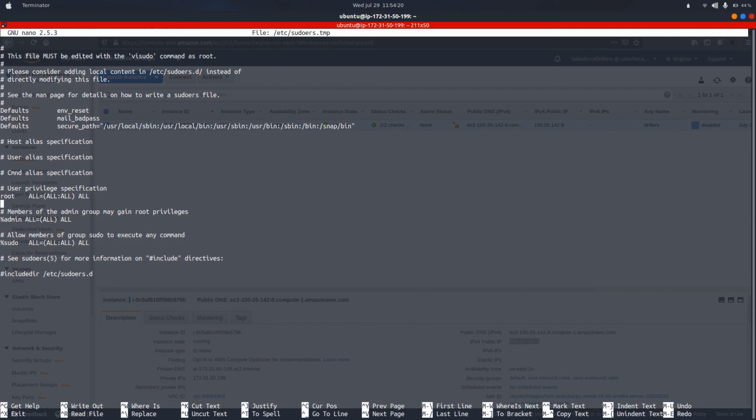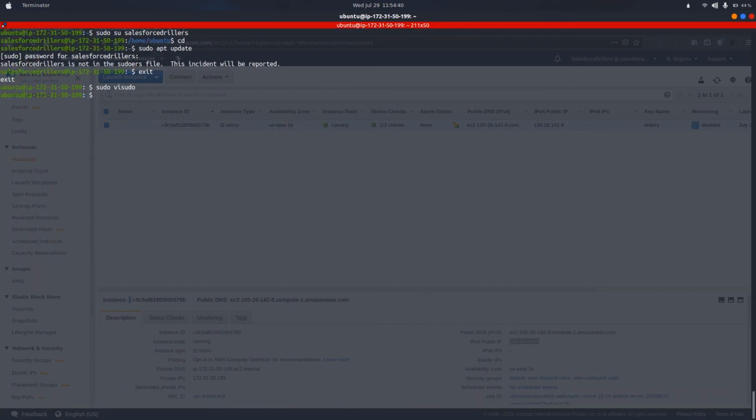Then ALL=(ALL) ALL, meaning all the rights and privileges are given to the sudo user. So now if you run commands with sudo, it will not ask for the password.